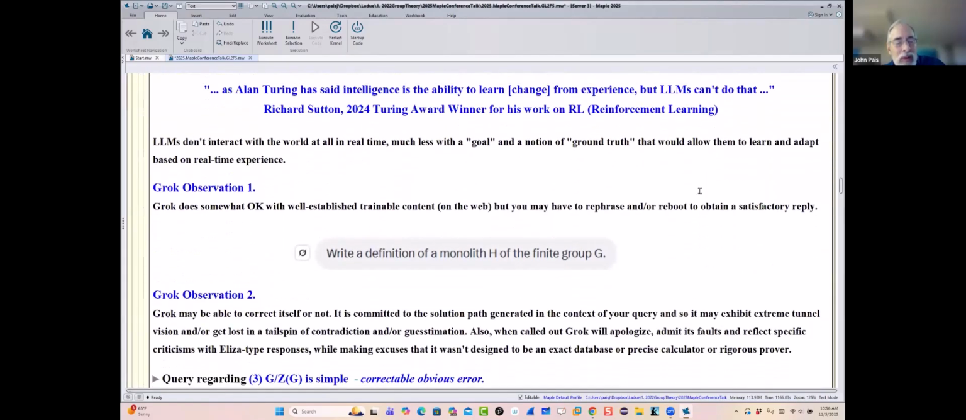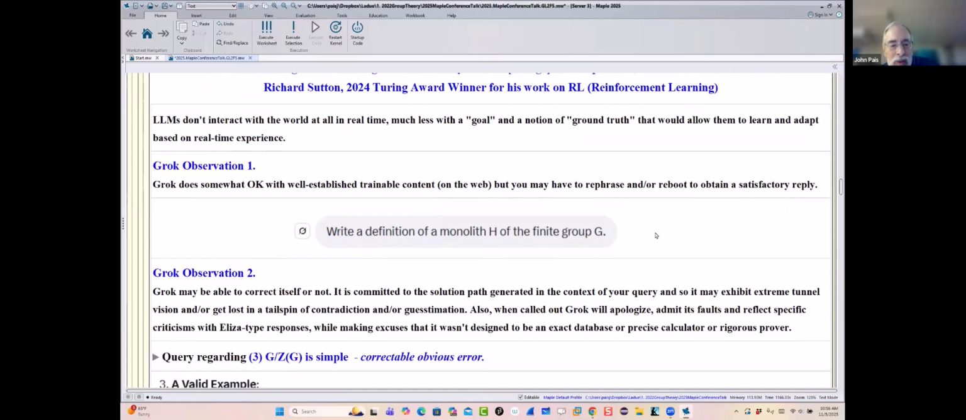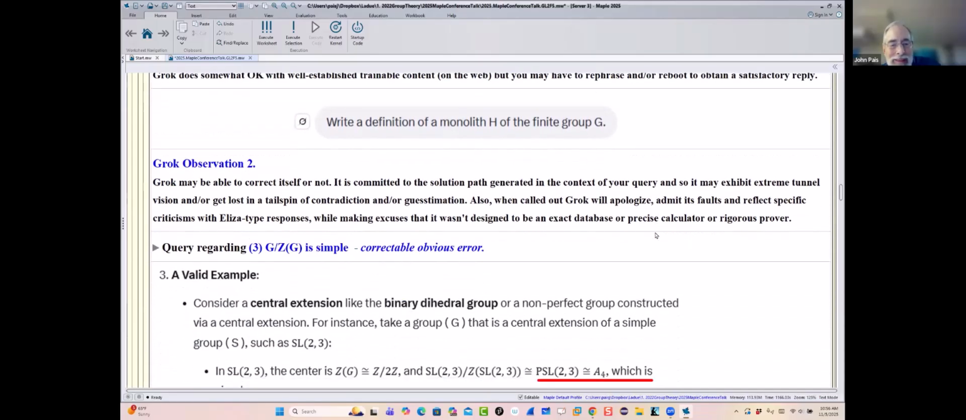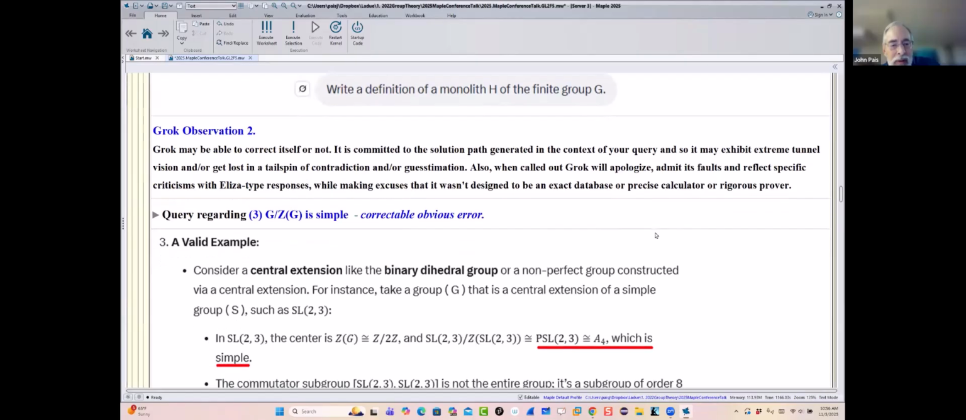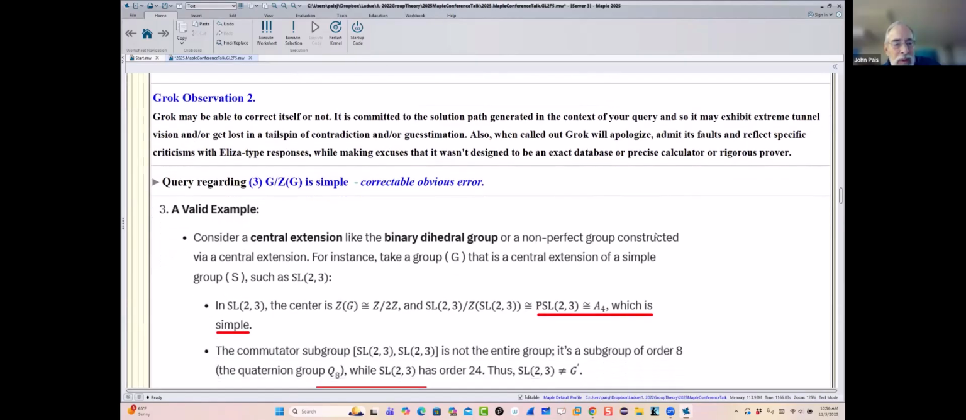Okay, so my experience, and I use basically the standard version of Grok that you just pay a little bit extra for when you get an X account, is that it does okay with standard definitions and standard proofs that are on the web. It has those, it can reproduce those. However, it's not so great with more complicated things. So for example, if you look at,